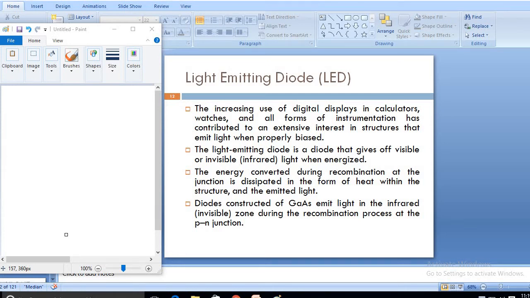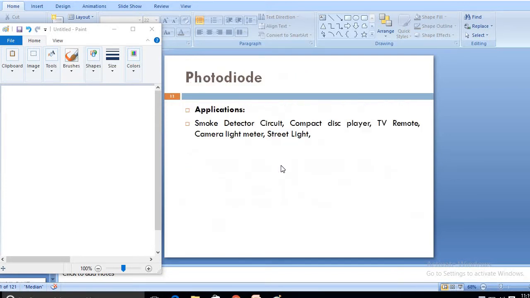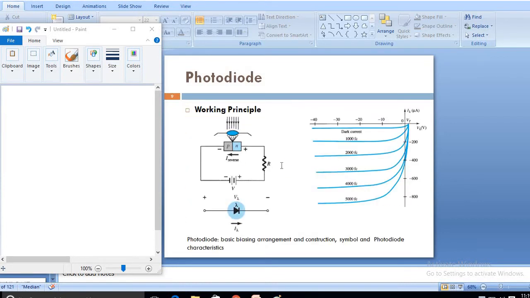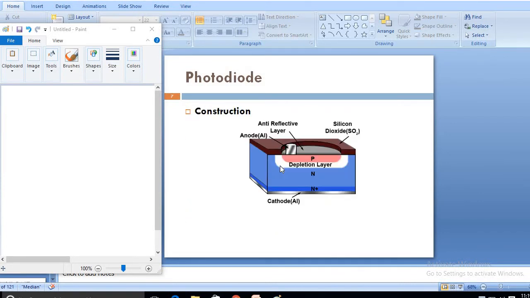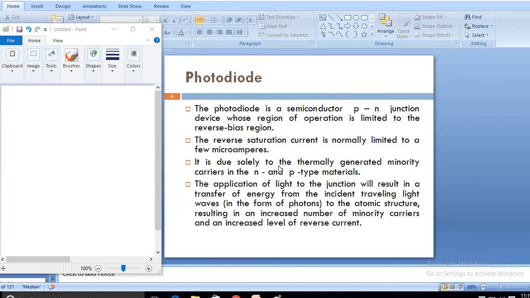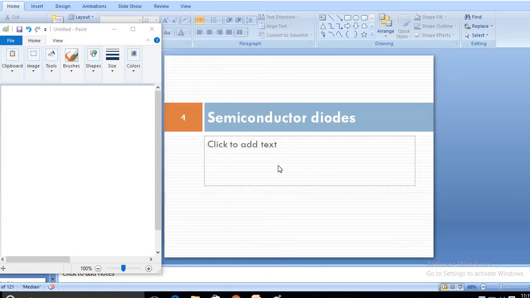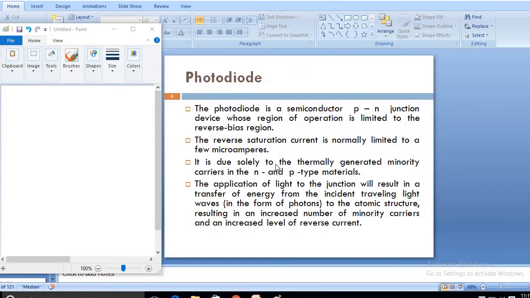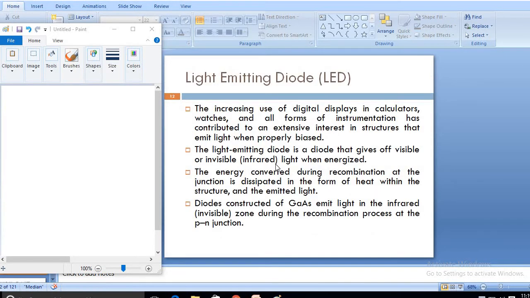Dear students, we already discussed all the basic circuit knowledge about the diode and how exactly it works in forward bias and reverse bias conditions, everything in the previous classes, the photodiode, its construction and its working principle. All the diode basic principles we already discussed in the last class. Now we are moving forward to the light emitting diode and how exactly it works.